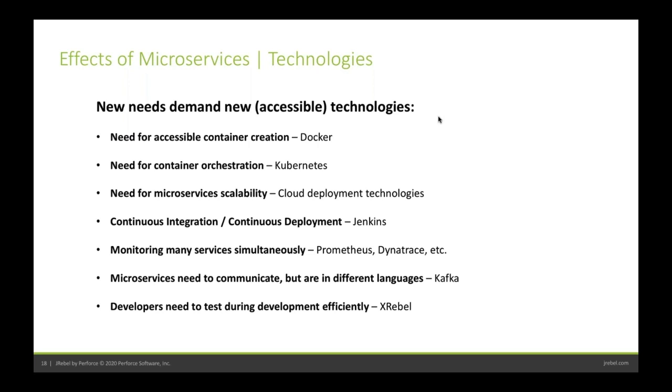You're probably going to use Docker, probably Kubernetes, Jenkins, or some other CI/CD tool to make it easier to automate and use DevOps practices to get things from development through integration to QA to staging environments to production. You don't want to do that stuff by hand. It's way too complex to deal with the networking and the scaling up and scaling down, etc. Using things like Prometheus and Dynatrace, Grafana to track and see what's going on.